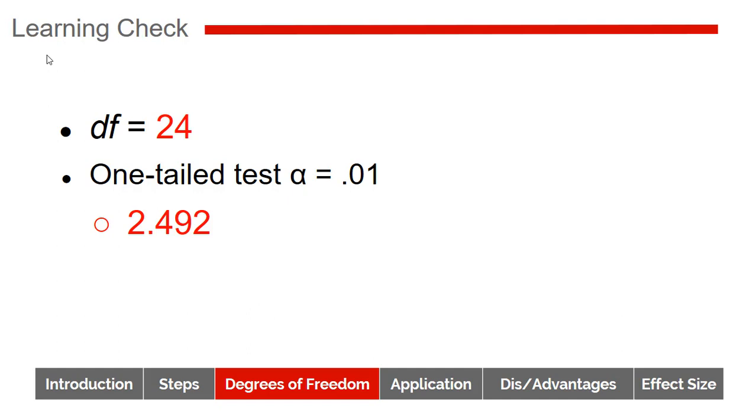It's going to depend on our hypothesis whether this is going to be a negative 2.492 or a positive 2.492. If my alternative hypothesis says that my mean difference score will be lower, then negative 2.492 would be the critical value. If I'm thinking my difference scores are going to be higher, that would be a positive 2.492. All right, so in the next video, we're going to walk through the steps of conducting a repeated measures t-test.